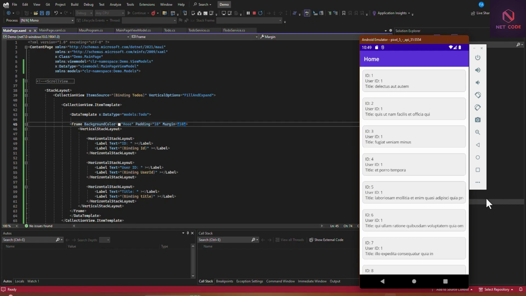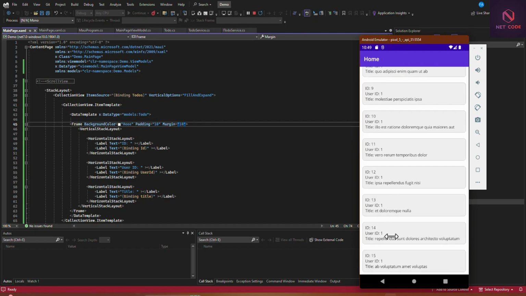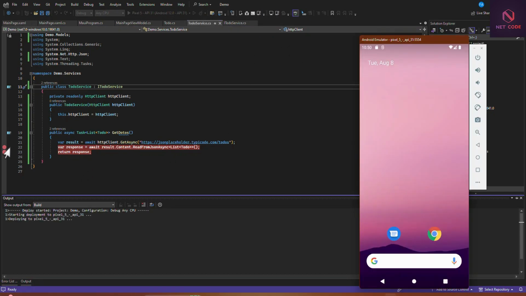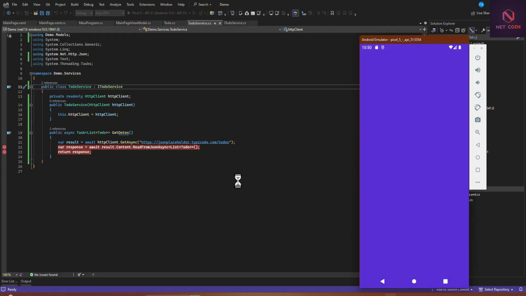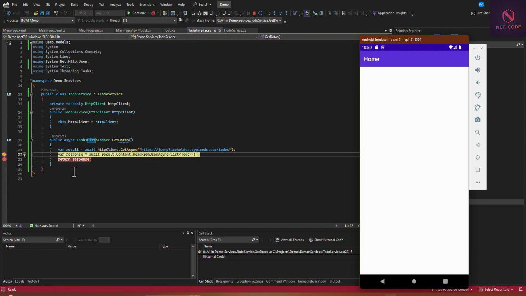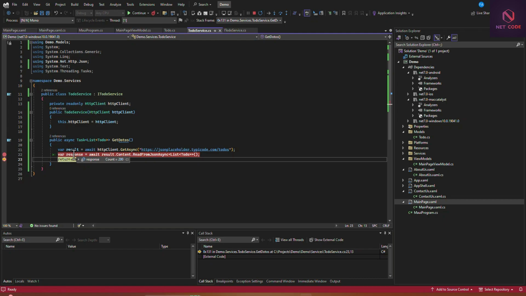So you can see we have from ID 1 up to ID, let's say 20. But when we check, let's put a breakpoint here. Let's go to our service, and in here let's put a breakpoint. So let's see the number of items that's going to return. So let's restart this again whilst we put a breakpoint, and let's see the count of items that we have in our list. But we have only 20 appearing here. Okay, so we have the response. When we check our results, the status code is 200, and we have the content here. Now let's decode this. So continue on, and now let's see. So how many count here? It is 200. We have count of 200.